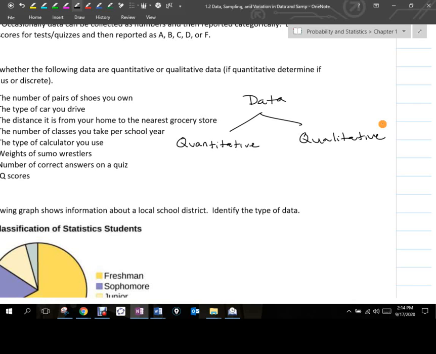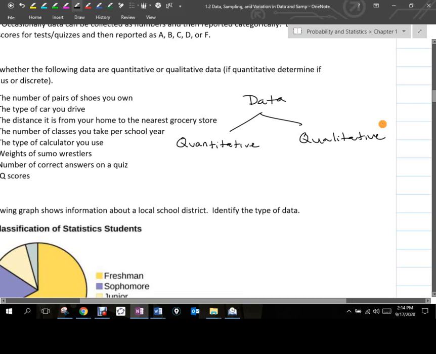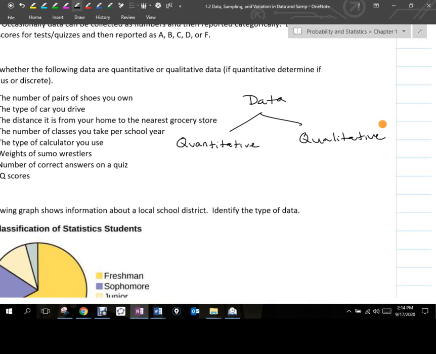One thing we talk about a lot with qualitative data is like gender or ethnicity, religion, okay? There's a lot of things like that, and we can get very kind of bland with it, and you talk about like eye color, hair color, that kind of stuff. But those are all qualities. Those are descriptions of something, right? They're words, okay? And they're not terrible to have. They're hard to do statistical analysis with, but we can.